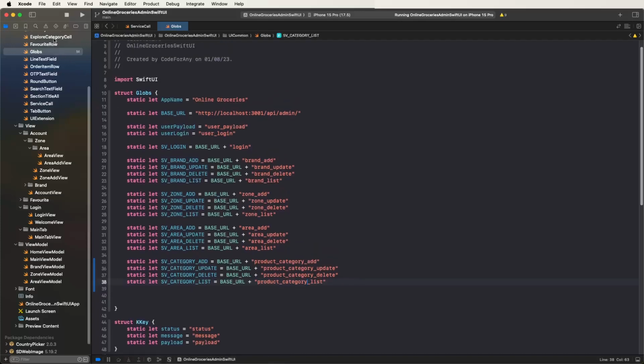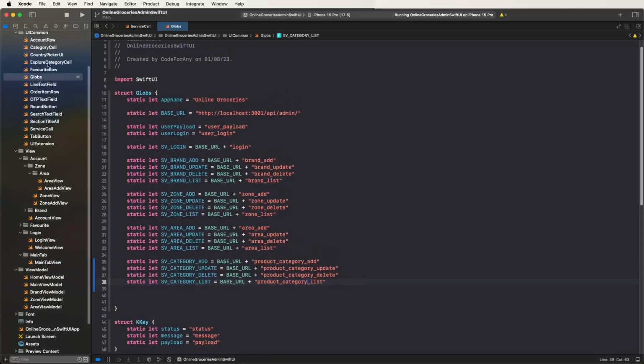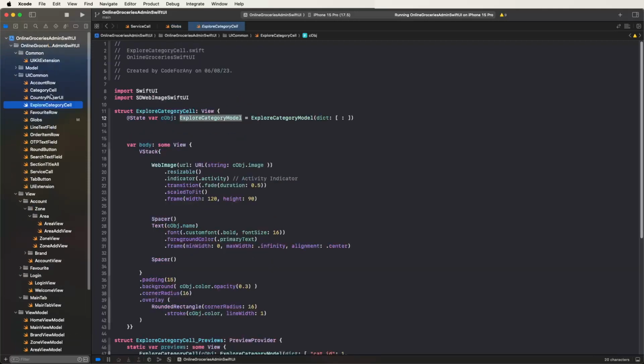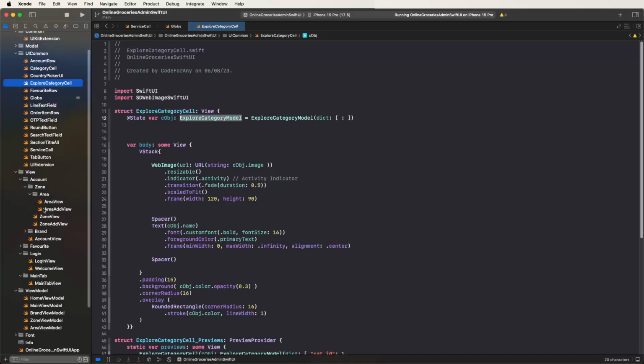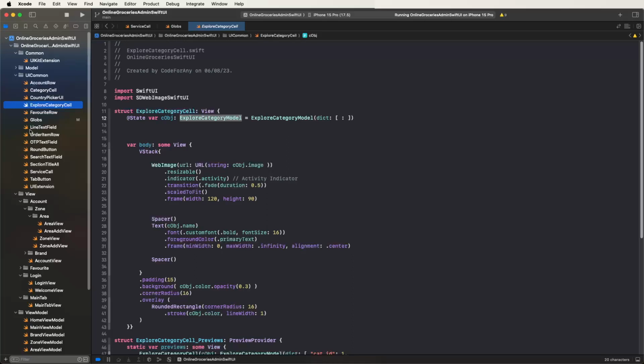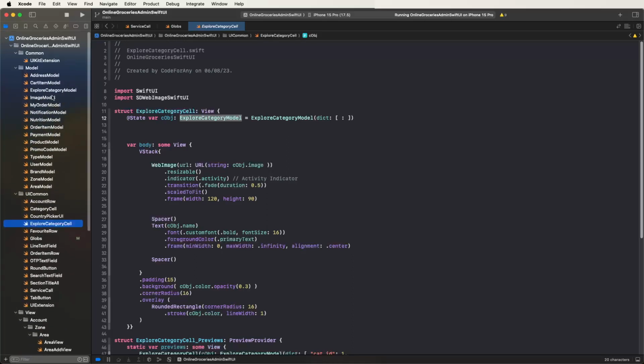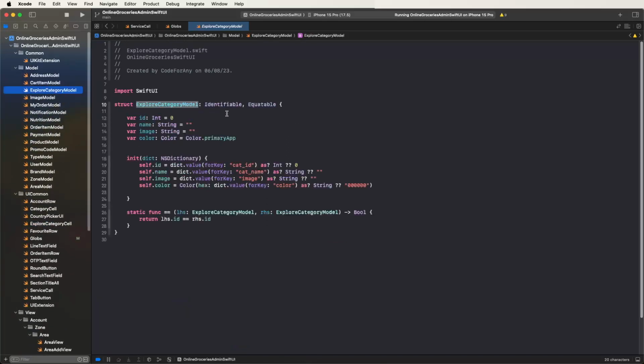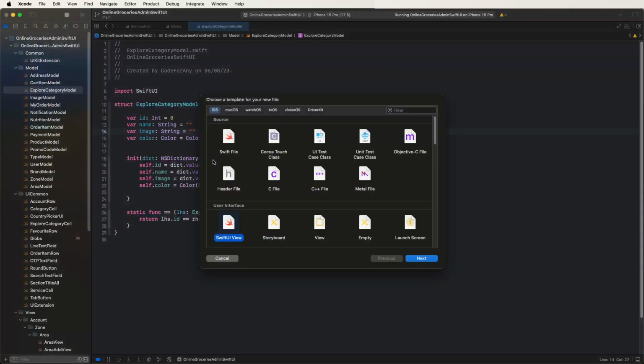We already have the grocery user app, inside which we need to develop the explore category cells. Here we need to draw the view. We need to use the same cells, but inside the model some modifications are needed. Now first of all, we need to find the models for the explore category models. First of all, add them, change the name, and create a new file and give it the name